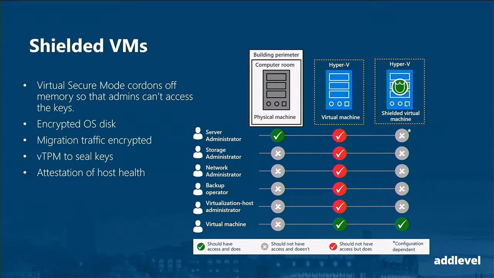So if we look back at how this changes things, before we had a physical machine that was constrained to who actually had real access to it, so you only had the server admin. But then we started with virtualization, and all of a sudden everyone had access to the machine, no matter what role they had. But now with shielded virtual machines, we can make sure that it's just